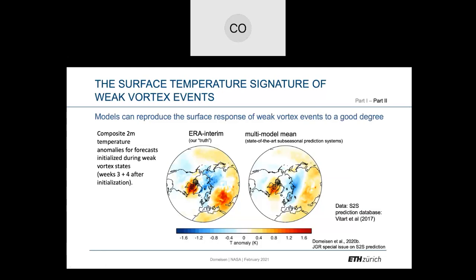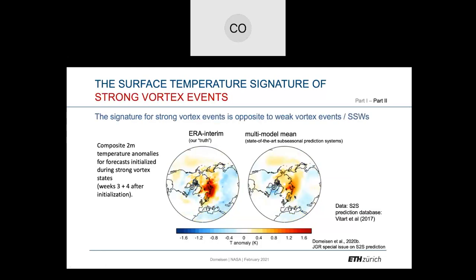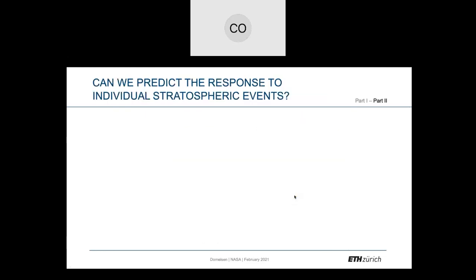If you just look at strong vortex events instead, so basically the opposite, we also see the opposite signals. The models are able to reproduce this. So on average, we're actually pretty good with these models in predicting what's happening. But now the question is, can we actually predict what happens after one particular event? Because if a sudden warming happens, all the journalists call and ask, does this now mean that we're going to have snow and cold? It turns out that after individual sudden warmings, we're actually not that good at predicting what happens in the troposphere. If you really compare for each event, did the model actually predict the right thing after the event,